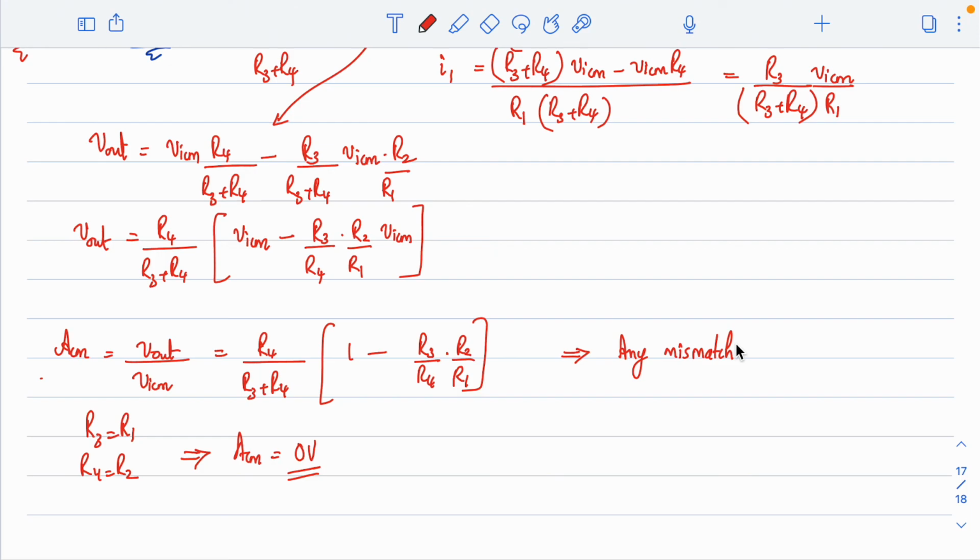So any mismatch in R values can give a non-zero common mode gain, right? So whenever common mode gain is non-zero, that will lead to a finite common mode rejection ratio. So in practical cases we will only have finite common mode rejection ratio, we will not be able to have infinite,